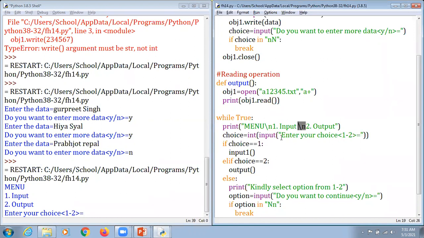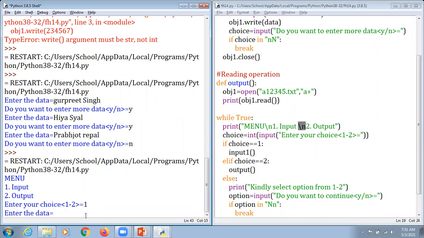And what they do, they ask you to enter your choice out of 1 and 2. So this time we are going to enter 1 here and hit the enter key. And this time I'm going to type Aniruddha comes